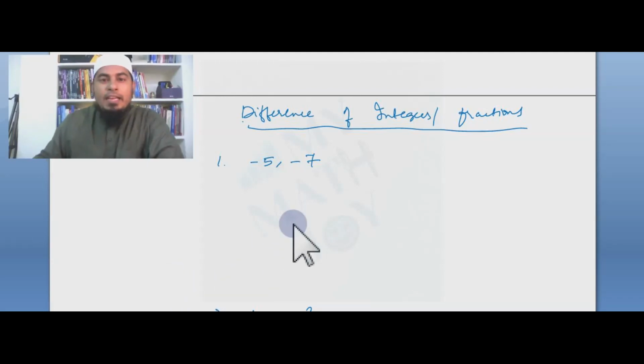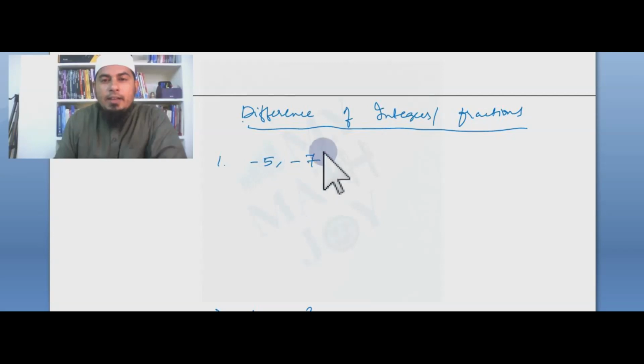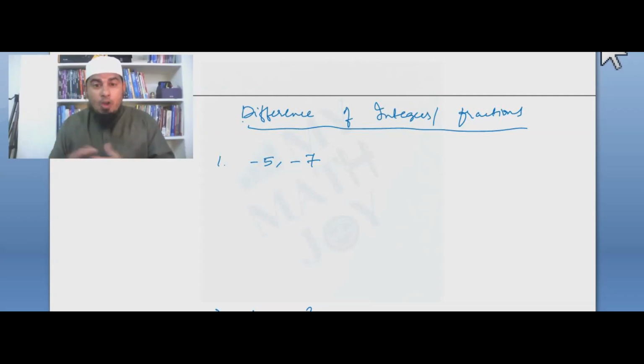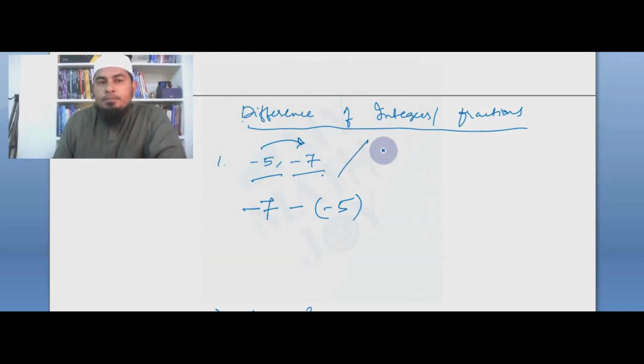Don't worry. Difference of integers and fractions. When we get a difference, how to do the difference? You see here, normally in our chapter, arithmetic progression, in order to find the common difference, sometimes we have to subtract and check. So what we are doing, let's subtract the first from the next. The first number is minus 7 minus of minus 5. In the difference of integers, we need to subtract. I'm writing here: subtract